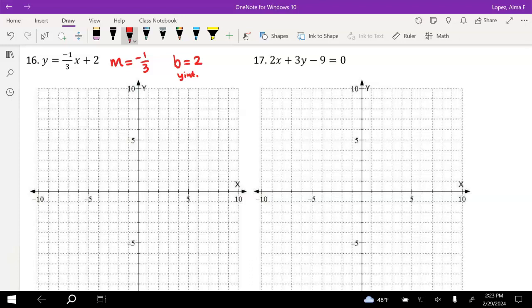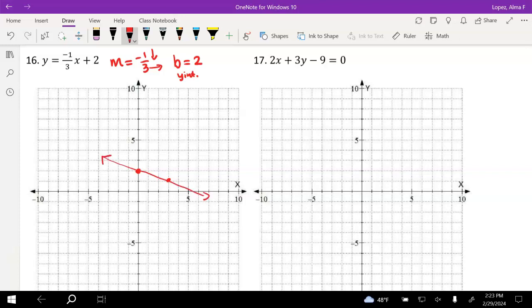The slope is like a GPS. The top number tells me up or down. Because it's negative on this one, it's going down. The bottom number is left and right. Because it's positive, we're going to the right. So you go to where y is 2, then go down 1 and over 3, and draw it